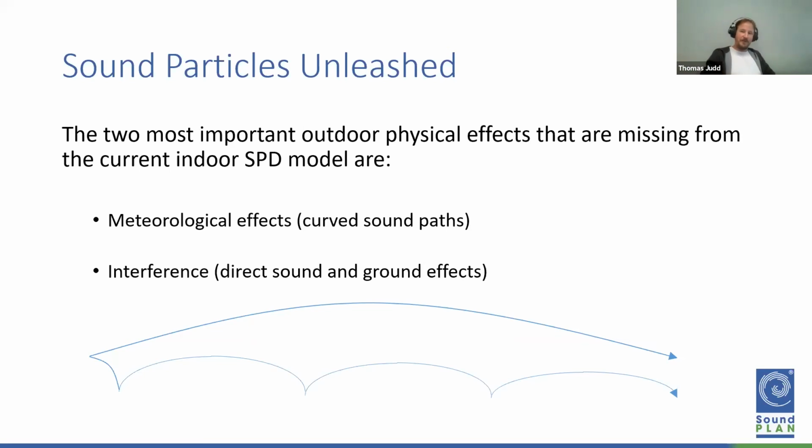So there's curved sound paths to worry about because of the weather and the atmosphere, and you've also got interference to worry about. That's another thing, of course. When we threw out wave physics, we ditched interference effects, and certainly for direct sound and indeed so-called ground effects, that's very important for our line of work as well in environmental noise. So those things are missing. How might we put them in? Well, I just thought,